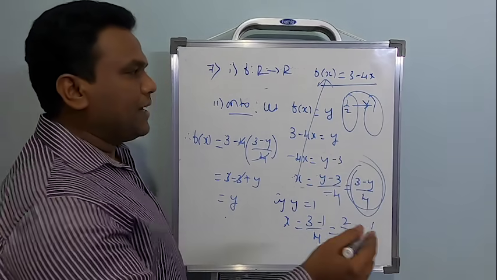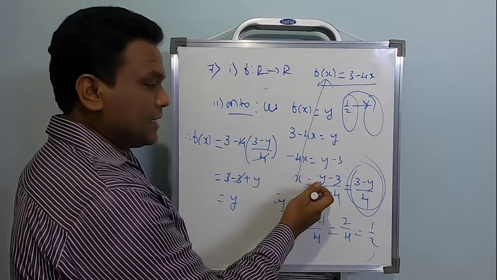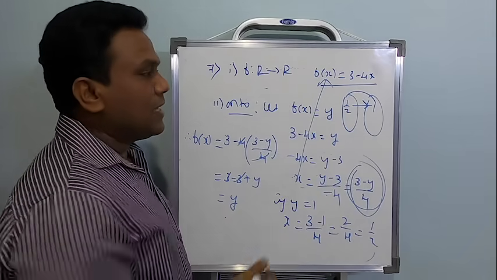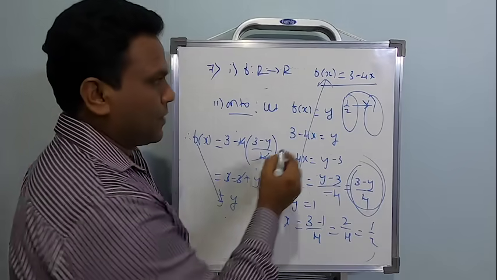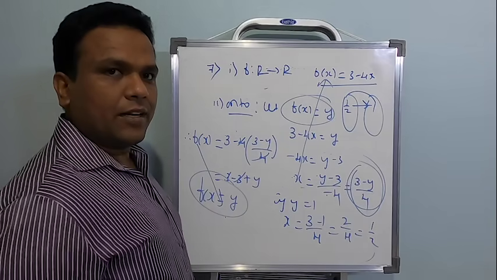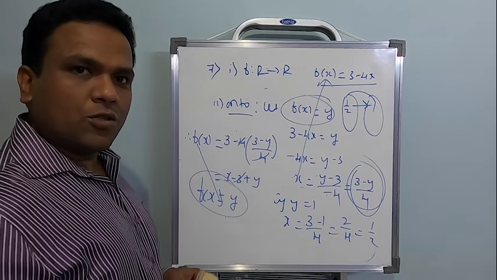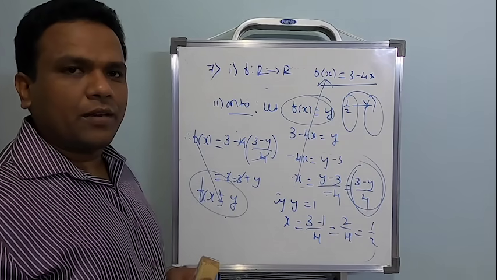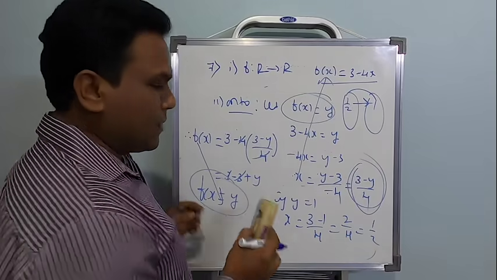Fine. So what we need to do, assume f of x equal to y, find out x in terms of y. This x should be replaced back in the function, and after simplifying I should be able to get f of x equal to y. Assume and prove it. Fine. Now that's the way to check for onto. So it is 1, 1, it is onto, hence the function is going to be an onto. It's going to be a bijective function. Fine students, now let us consider the second problem from this.